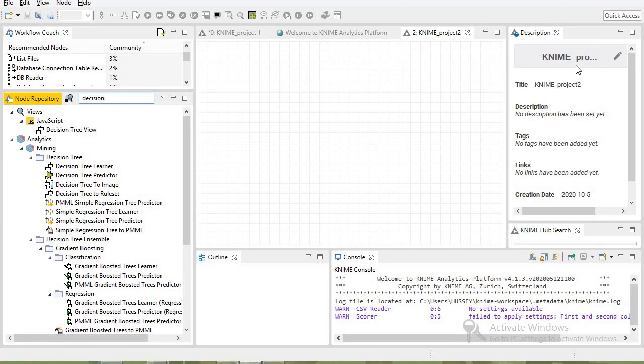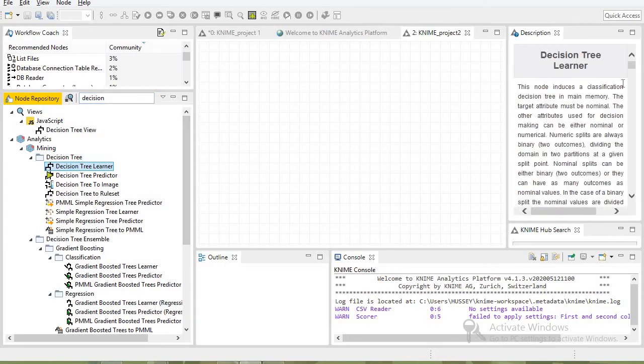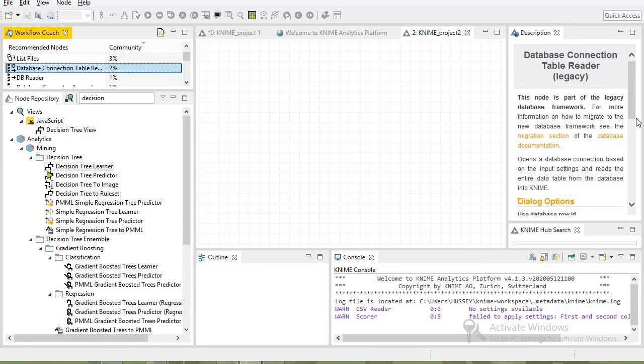And this is a simple description. Whatever node we select, it shows a description of it. If we select this data set, it gives the information about it. If we face any problem with that particular data, we can look there. The KNIME console shows what type of error we are facing, if our code is not running, and what fault or error we made in that work. Here we can also use the outline.